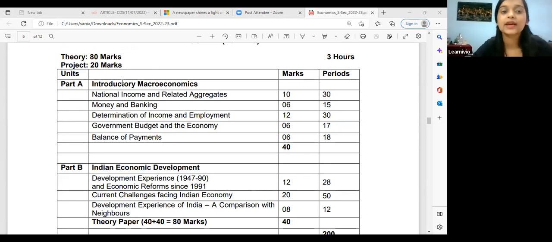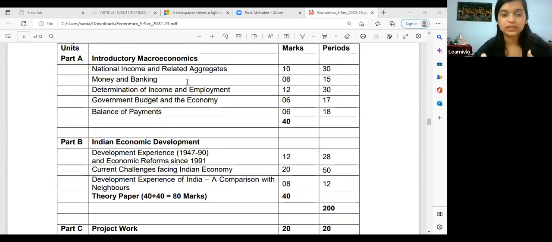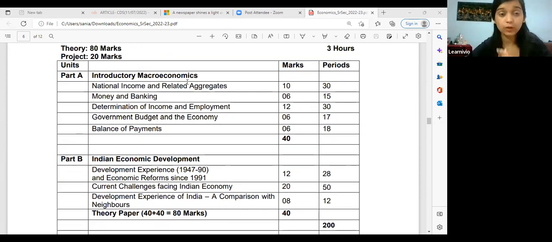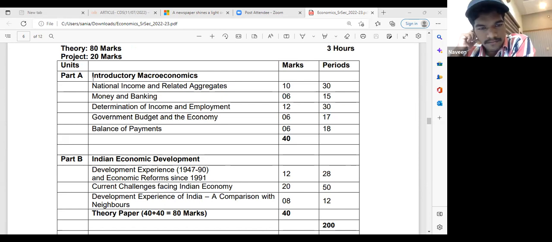Okay. So basically, Naveen, we have two books. First of all, for the first 10 minutes, I'll make you understand the syllabus, what the syllabus is and how we are going to study. Now we have two books. One is macroeconomics and one is Indian economic development. For every book, there is a need, right? If you want to score very well in macro, that means you have to keep few points in mind.